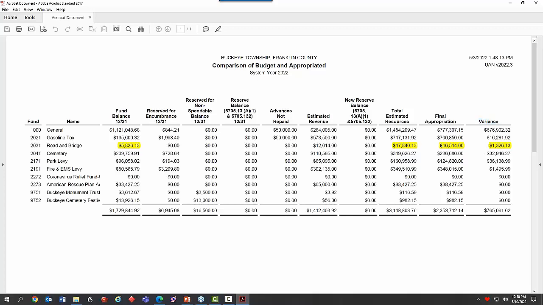We can tell from this report that your board has to reduce the appropriations in this fund so that when this number is reduced by 1750, you are not over appropriated. And that has to happen at an open public meeting. And you could have them call a special meeting, but the fact is we can date these in advance. So my variance needs to be 1760. I can't increase the resources available because that would be lying. I have to reduce appropriations.